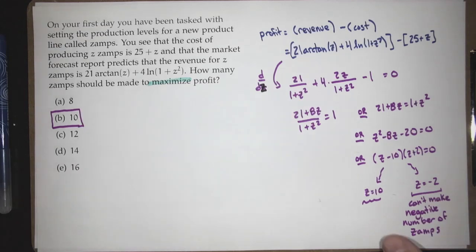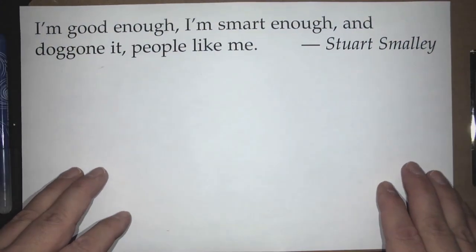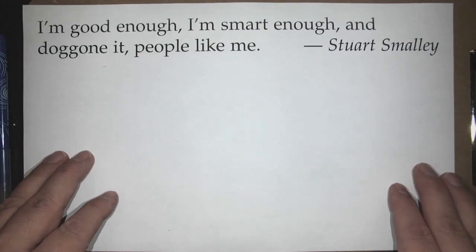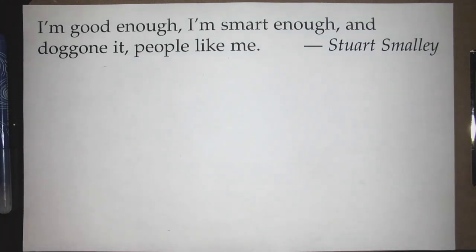All right, so our thought for the day comes from Stuart Smalley. If you're not familiar with Stuart's work, you can look him up. There's a fun clip of him with Michael Jordan. This was actually a character on Saturday Night Live. And he said, I'm good enough, I'm smart enough, and doggone it, people like me. It's one of those self-affirmations. And I think, they